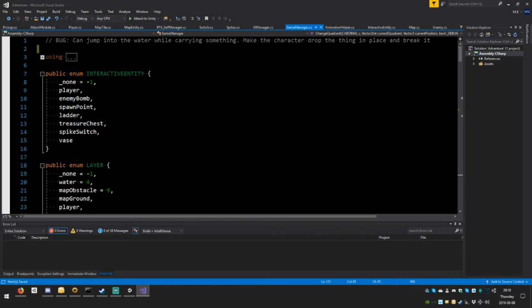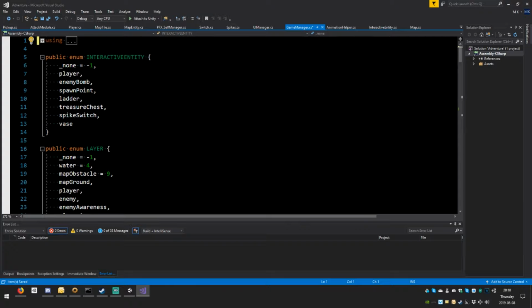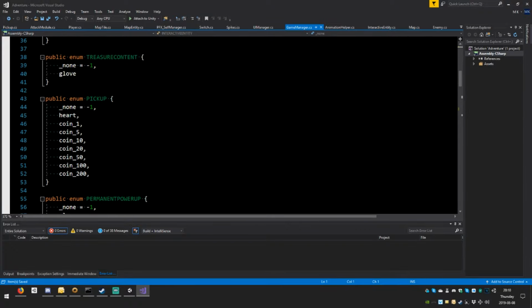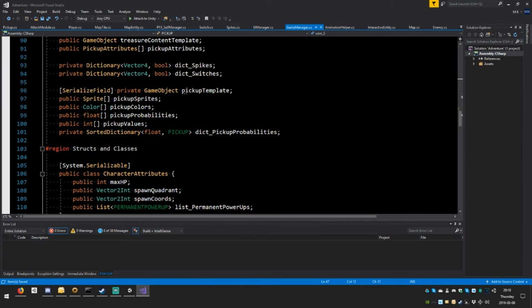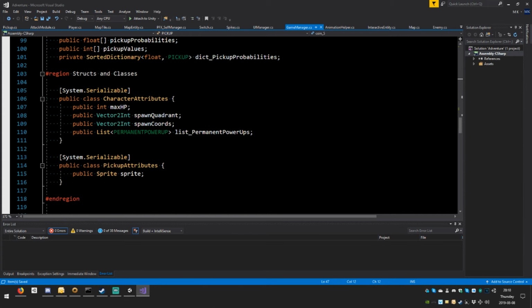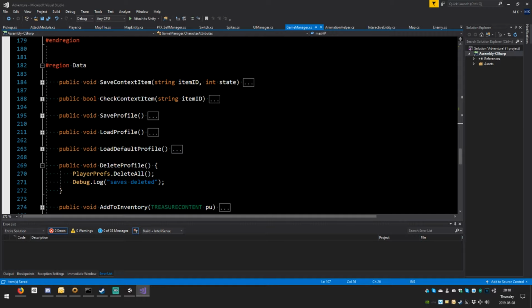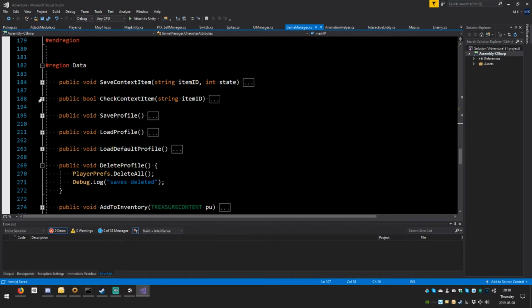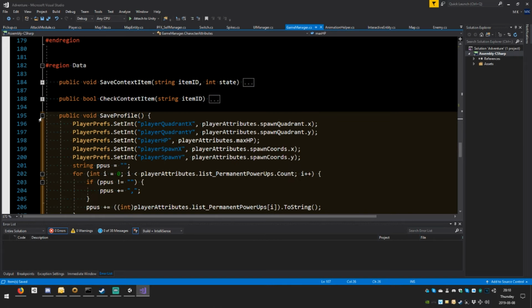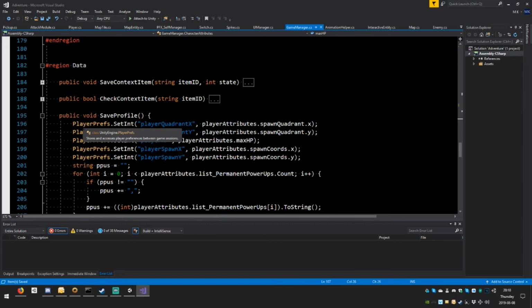Now, one thing we should have done a while ago that we didn't do is actually sorting out the saving for the money you've got. And this one's not going to be particularly difficult, but it is something we need to worry about. So, character attributes, let's go take a look at our save context item. Check context item, save profile. Load profile might be so, too. Player